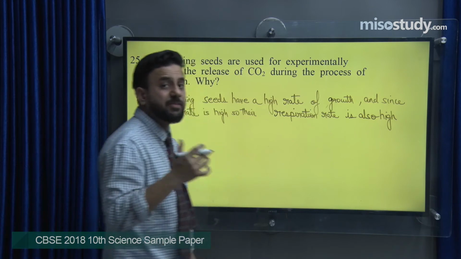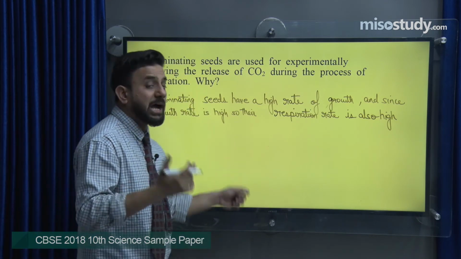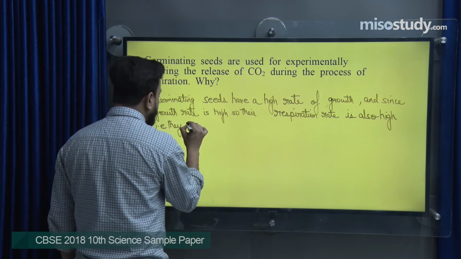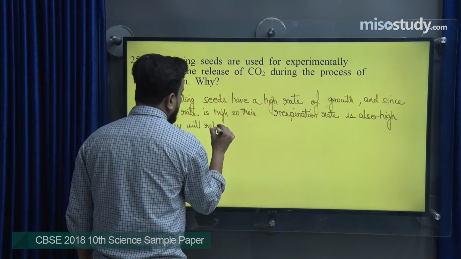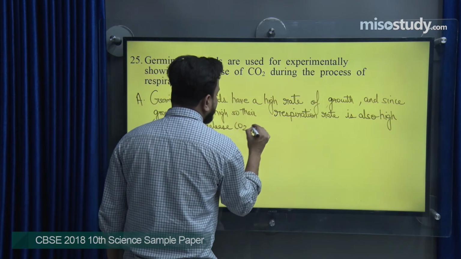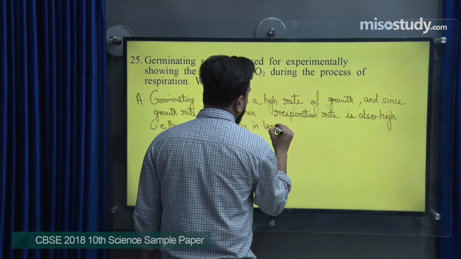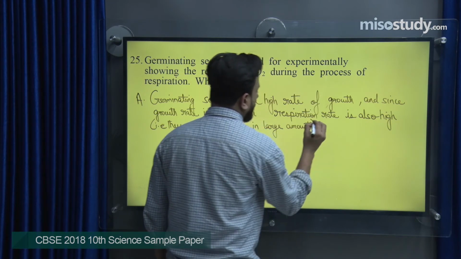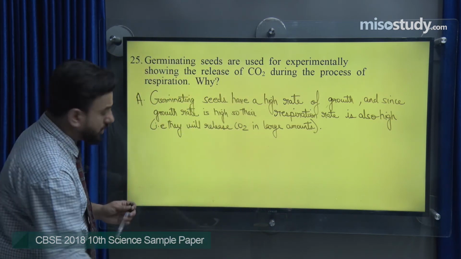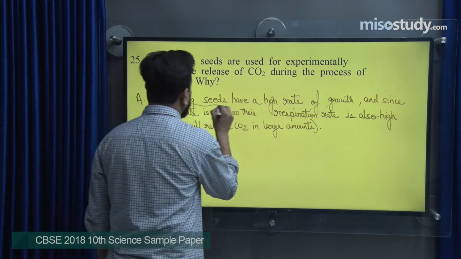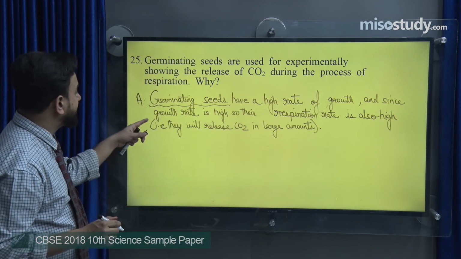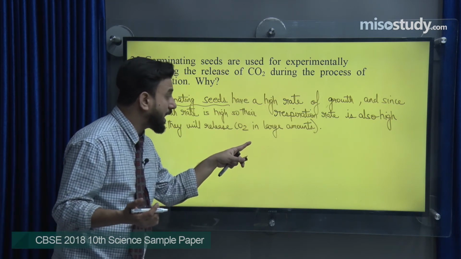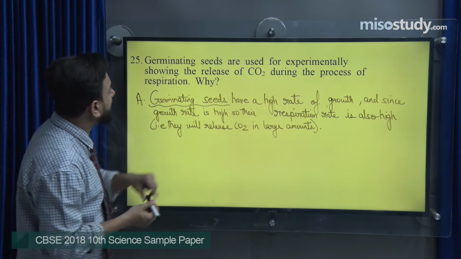Okay, that is, they will release carbon dioxide in large amounts. So germinating seeds have a high rate of growth, and since growth rate is high, the respiration rate is also high. That is, they will release carbon dioxide in large amounts, and that is why we are